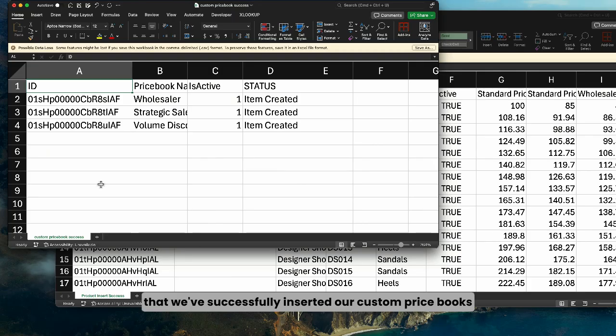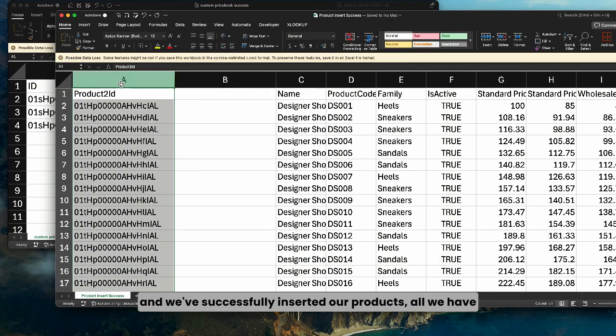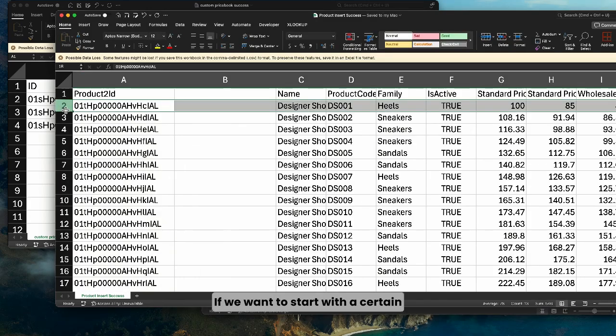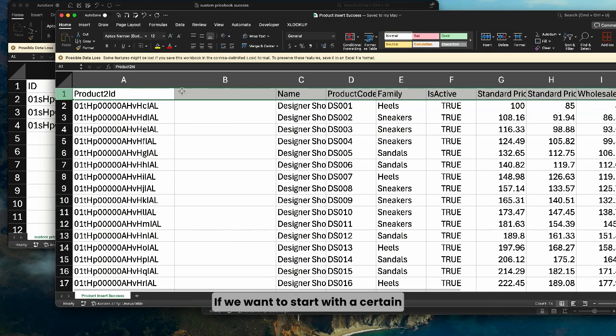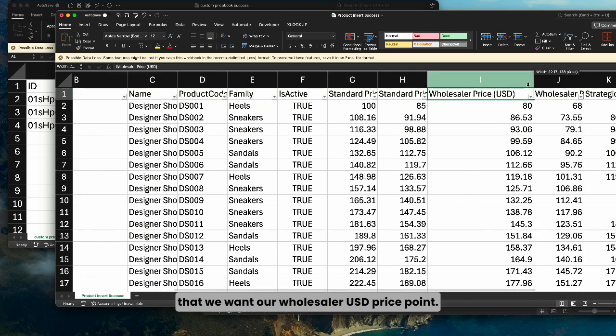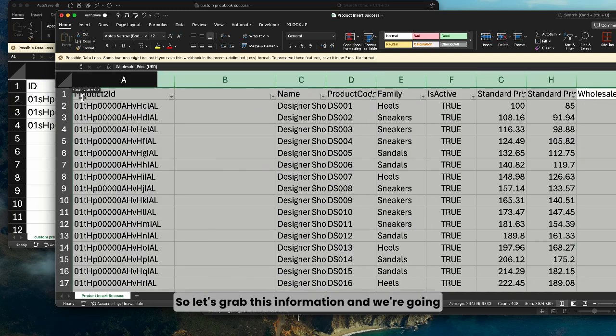Now that we've successfully inserted our custom price books and our products, all we have to do now is put these 2 files together, essentially, and set our price points. Sometimes this is easier to do by creating a whole new file, but think of it this way. If we want to start with a certain product at a certain price point, let's say our wholesaler USD price point, let's grab this information